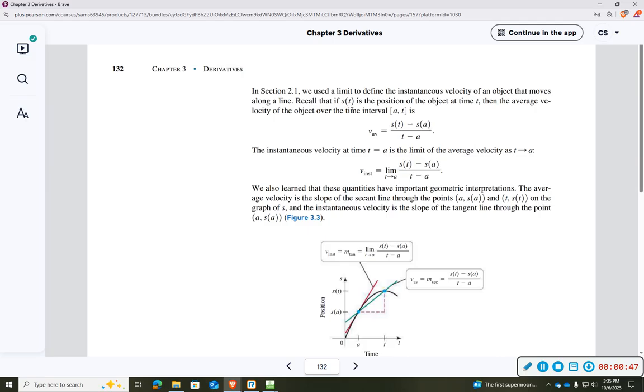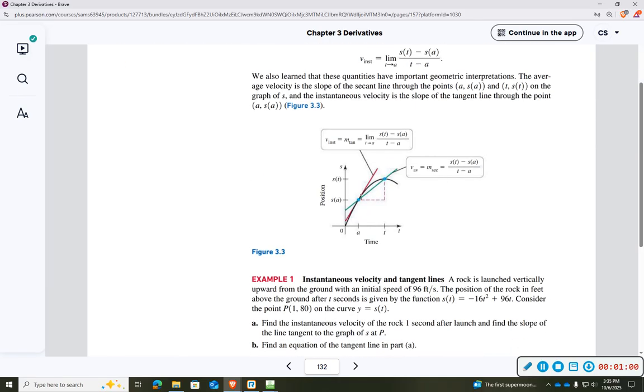So here we're just reminding you of the average velocity function. Looks just like the slope formula. The instantaneous rate of change, the formula is just the limit as we get closer and closer to that point. So you have 2 points, which gives you a secant line, but as these points get closer and closer together, the limit is the slope of the tangent line,